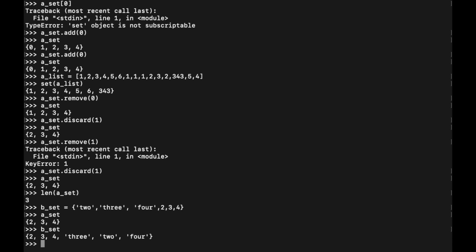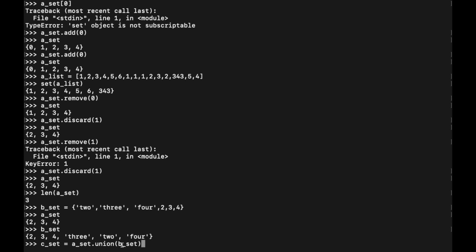There is also a property of sets called union. Now what might union mean? Union, as the name suggests, is when any two or more bodies come together to form a unity. Let's try to perform the union operation on these two sets, A set and B set, and let's store the result in our third set. Let's create C set as A set dot union, and we have to pass the set B set as the parameter of this function.